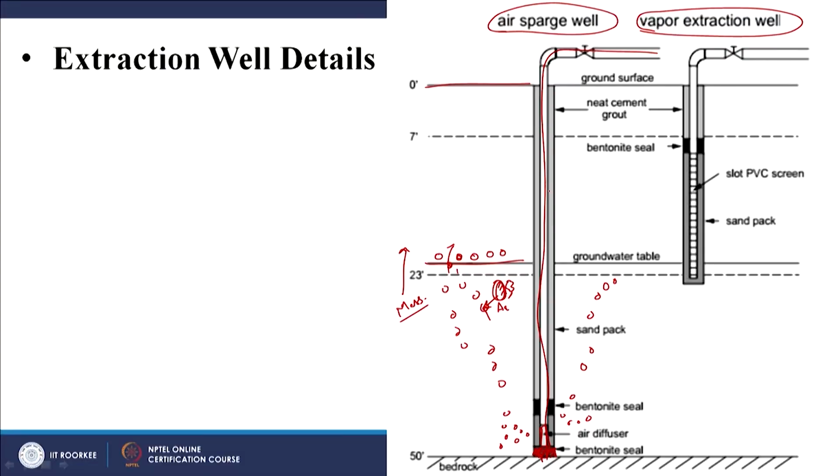Again, they have cement grouting, bentonite seal, right, and so on and so forth. So, sand packs and so on, let us say. Again, the primary aspect is that they are going to bubble air through this groundwater, and here you have the extraction well, right, and it is at relatively negative pressure, or a vacuum source, depending upon where they have the vacuum source anyway. So, they are going to pump the gas out, and then treat that further, I guess. This is what we have out here.